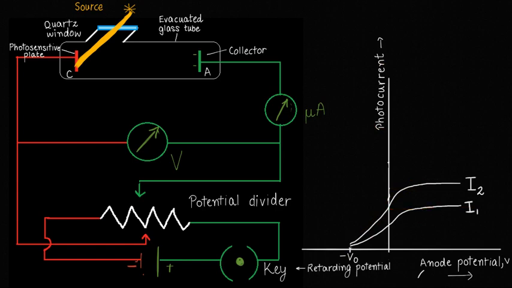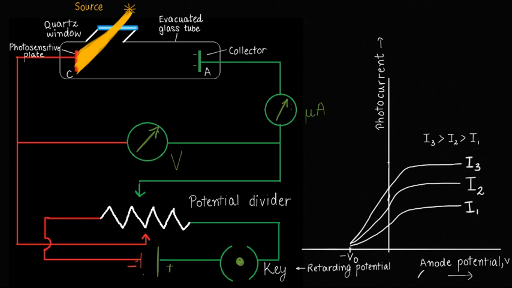Fine. Let's take one more example. Let us increase the intensity further to I3. Let us shoot light of higher intensity. If you shoot light of higher intensity, you will get a higher saturation current. Can you see? You get more photocurrent. Why? Because more photoelectrons will be generated. So this is the curve for different intensities, where intensity I3 is greater than intensity I2, which in turn is greater than intensity I1.